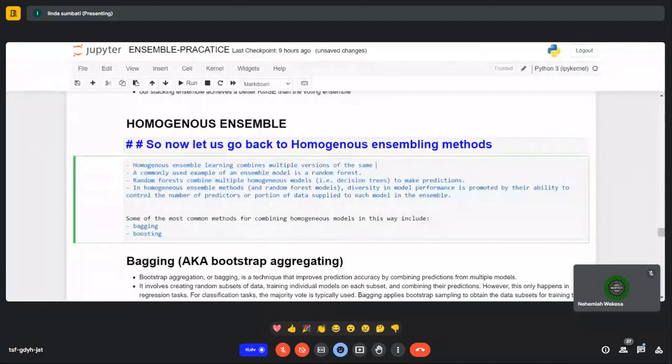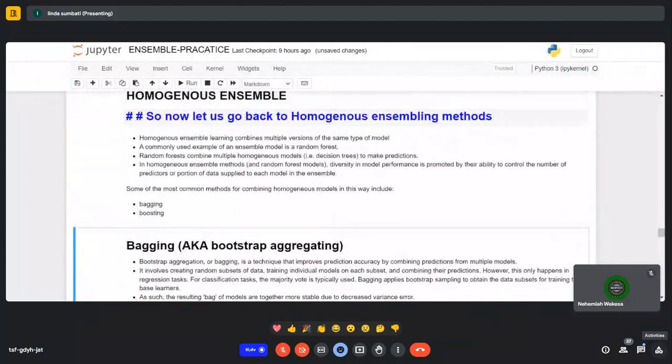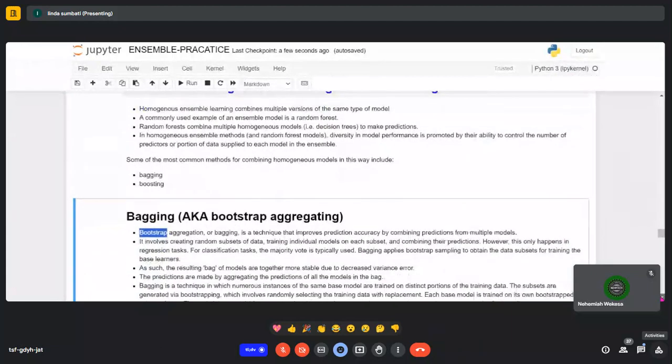Of the same type of model. I think this one looks good now. Yeah, that looks good now. So that we have the definition of homogeneous ensemble learning. The other one combines multiple versions of different types of models. This one combines multiple versions of the same type of model. So let's look at bagging, aka